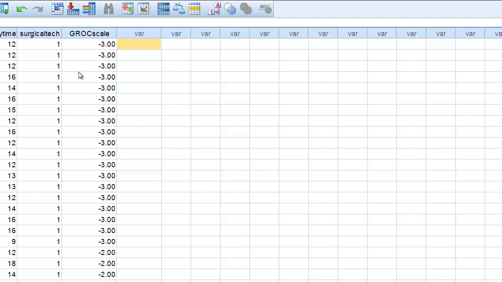To decide whether a case is an outlier, we need to compare this distance value against a critical value, and we use a chi-square critical value table to do that. In the description of this video, I'll post the table that you can use as a reference to help determine if you've got distances that are outside of the acceptable level. So if an individual's MAH_1 score exceeds this critical value,